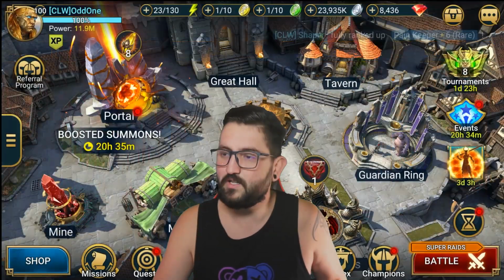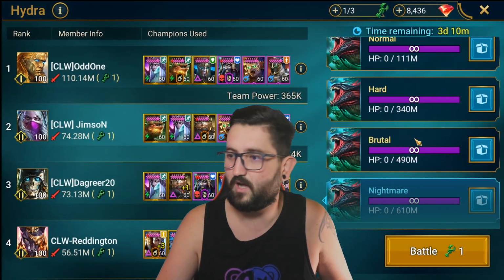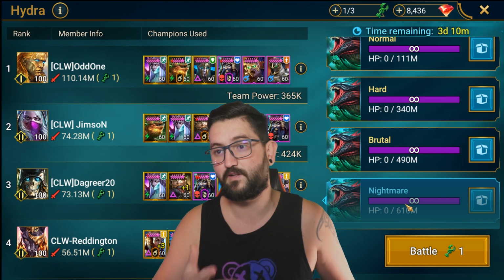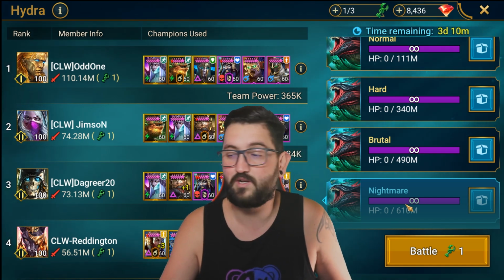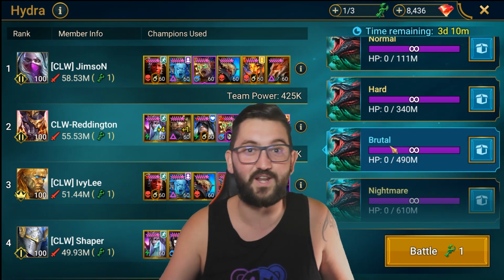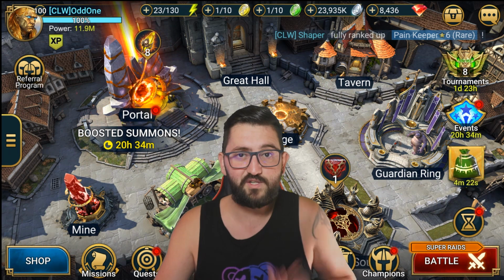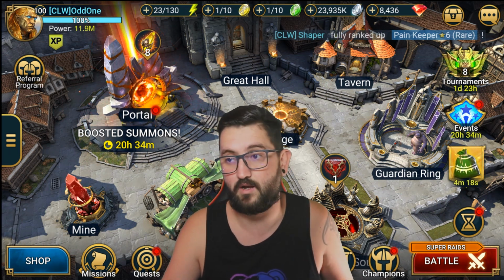So let's just jump in. When it comes to the other difficulties, for Brutal and Nightmare, usually what I suggest to people and what I do personally is I try to prepare for all 6 heads, because there's a high chance that another head will pop out, so it can be a little bit more difficult. So the Head of Mischief is the one that actually attacks your champion that has the most